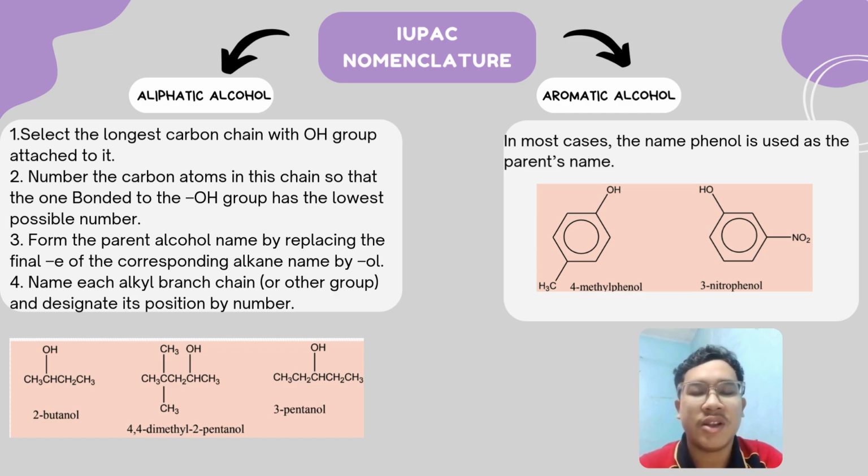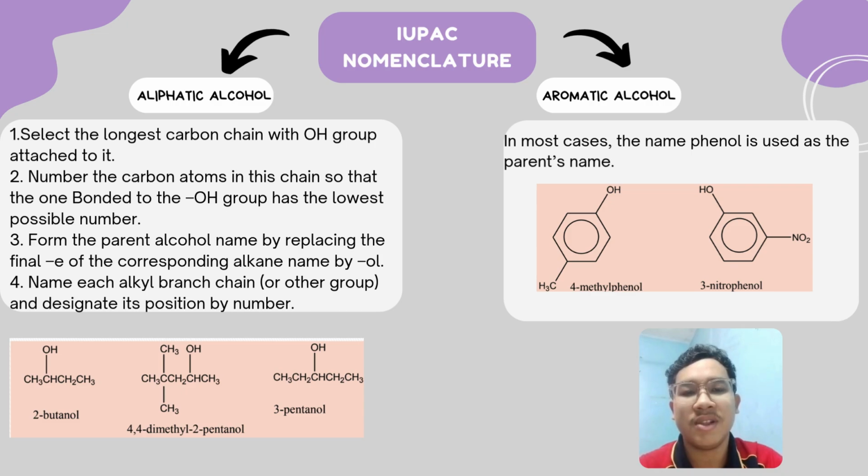So for my second point, I'm going to talk about IUPAC nomenclature. In IUPAC nomenclature, we have two types of alcohol, that is aliphatic alcohol and aromatic alcohol. In aliphatic alcohol, first we need to select the longest carbon chain with the OH group attached to it. Second, we must number the carbon atoms in this chain so that the one bonded to the OH group has